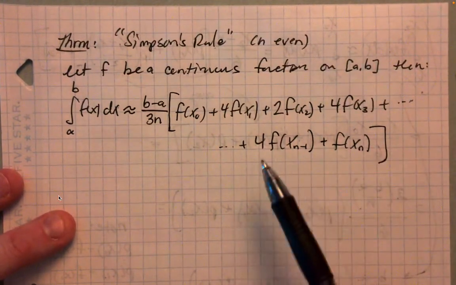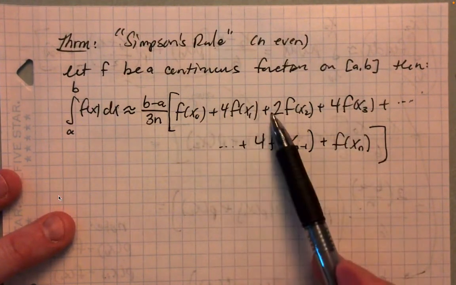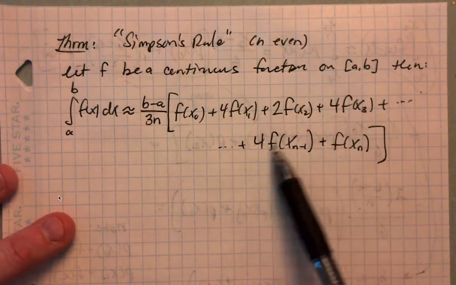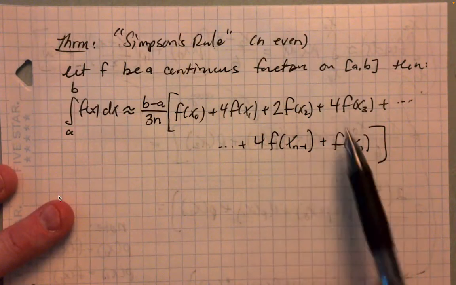Okay, so you may be wondering, why did I put so many terms in here? Well, there's a pattern to the coefficients, and I wanted to get that pattern in here a little bit. So we'll talk about that pattern in a second, but